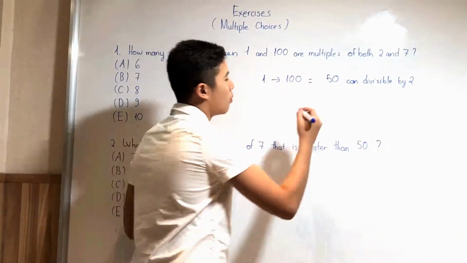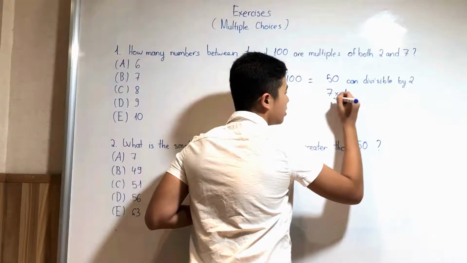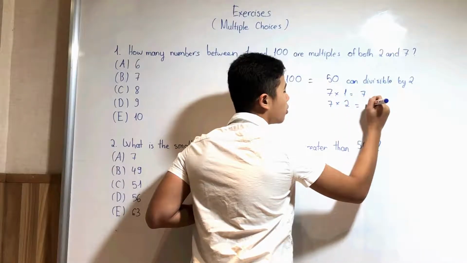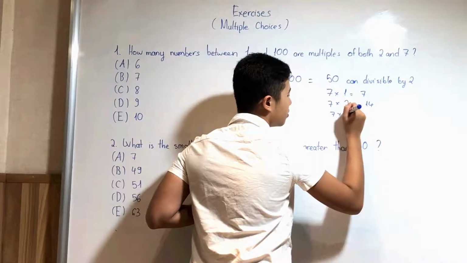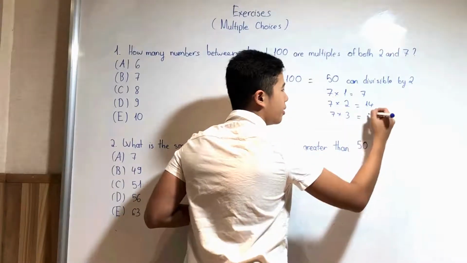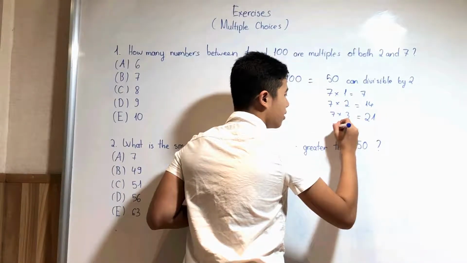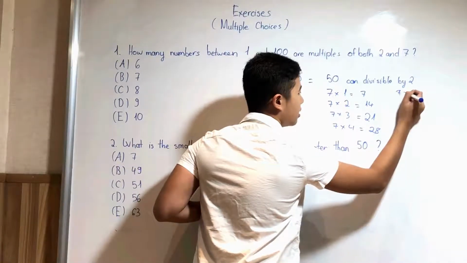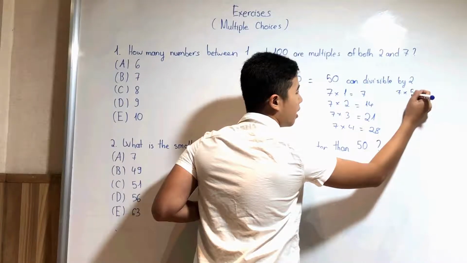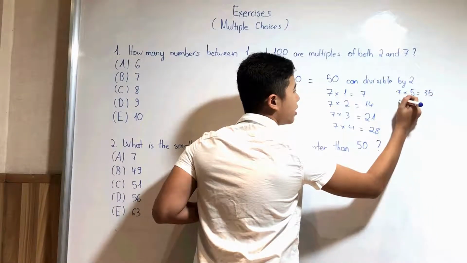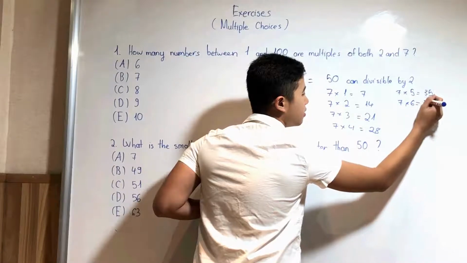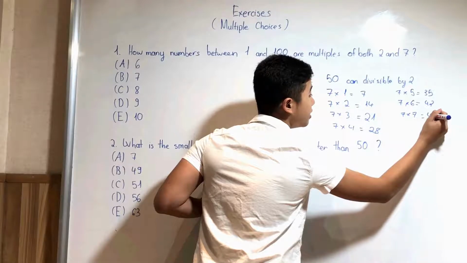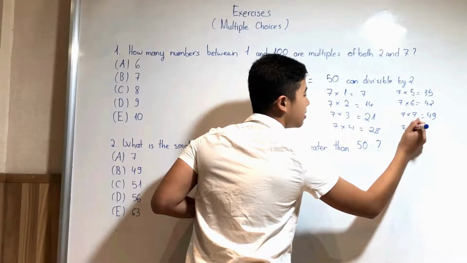So 7 times 1 is 7, 7 times 2 is 14, 7 times 3 is 21, 7 times 4 is 28, 7 times 5 is 35, 7 times 6 is 42, 7 times 7 is 49, and 7 times 8 is